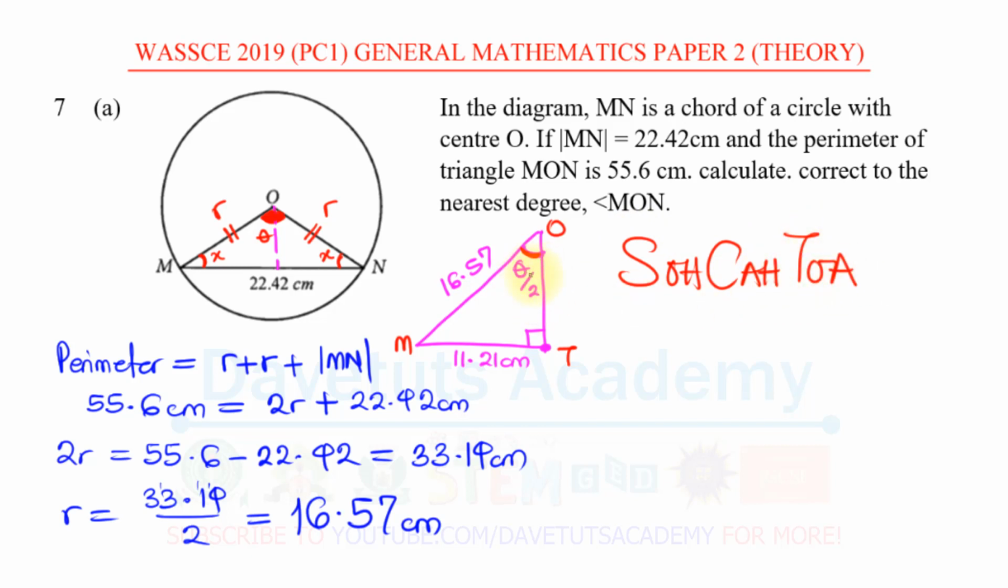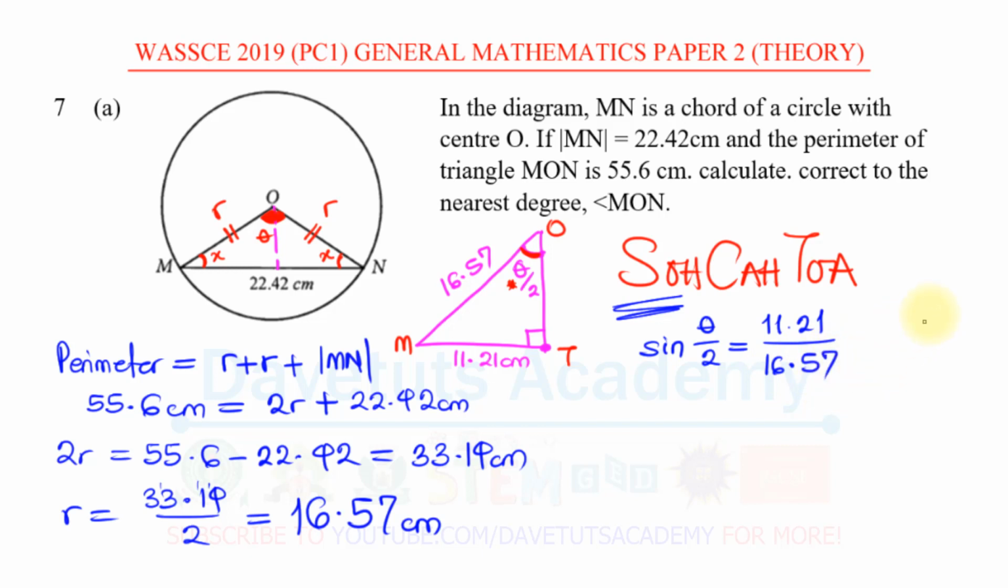Looking at this, this is the angle at point O. We are looking for the trigonometric identity that will relate the opposite of that angle. The opposite is here because that is the side facing that particular angle, and the hypotenuse, because this is the longest side of the triangle. What is relating both of them is nothing but sine. So we can say that sine theta over 2 is the opposite, 11.21, over the hypotenuse,